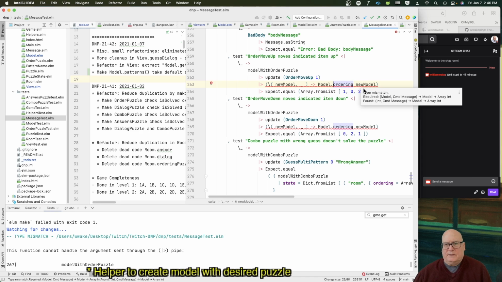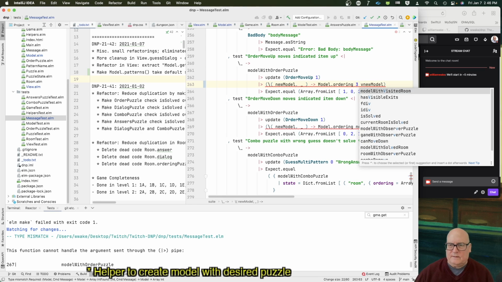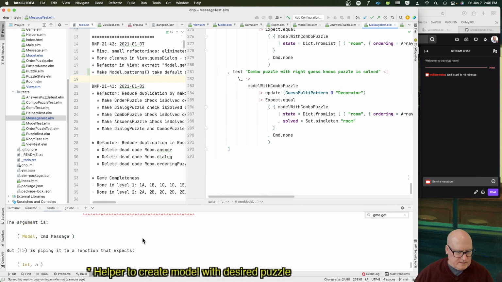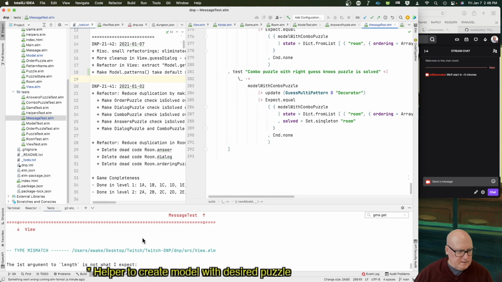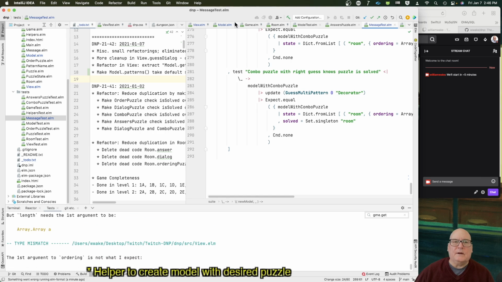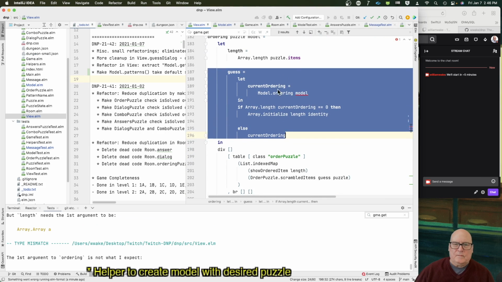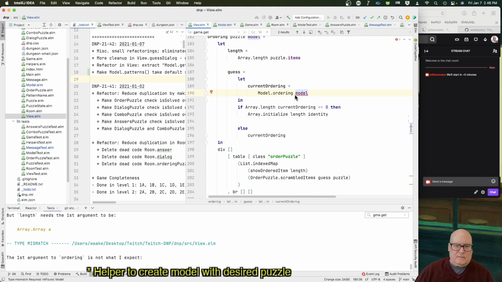Model.ordering new model needs to pass the length in, which is apparently 3. Same here. Okay, message test. View.elm. Okay, yeah. It needs to pass this length, and then